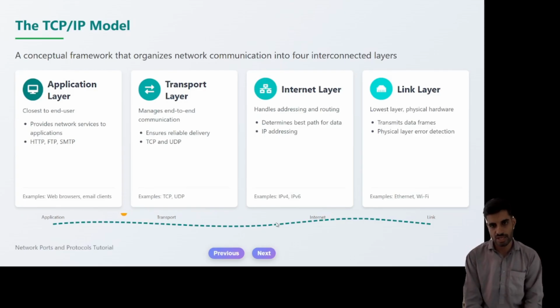So it uses that protocols to communicate on the other end with the same system or OSI layers. So next we have the internet layer. It handles addressing and routing. So it kind of determines the best path for data. It uses the IP addressing to actually identify a device on a network so it can send the packets to that device. So then we have the lowest layer, physical hardware, like routers, switches on a hardware level, we call